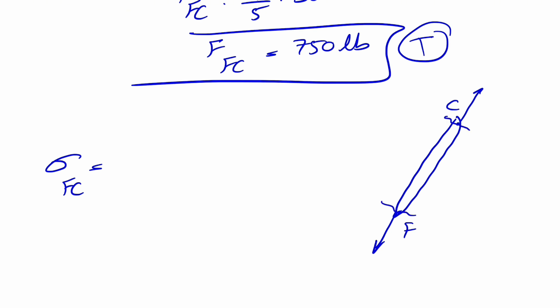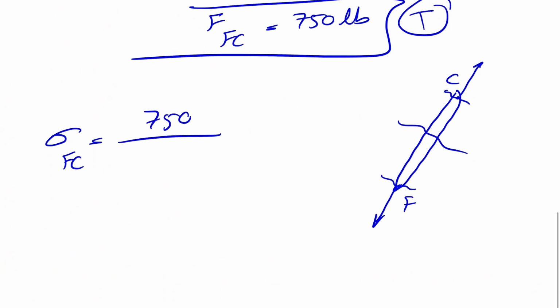So we have to keep in mind the area as we discussed previously in the channel. When it's in compression, the area would be the middle, but when it's in tension, which is the case in this member, the area would be the area of the cross section of the member minus the area that is covered by the pin. So here the force is 750 pounds, and the area that we have,